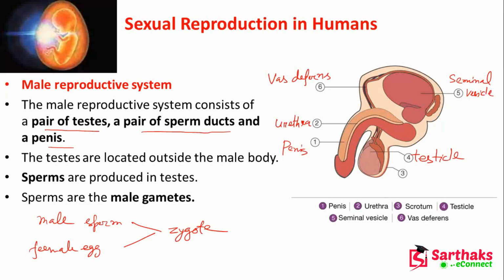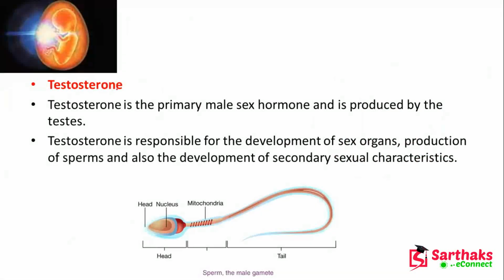Okay. And testosterone is the hormone, the male sex hormone, and it is produced in the testes. Testosterone is responsible for the development of sex organs, production of sperms, and also development of